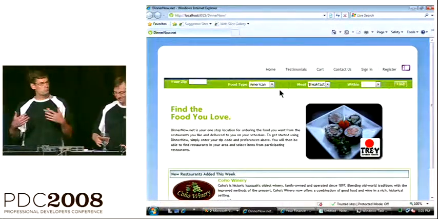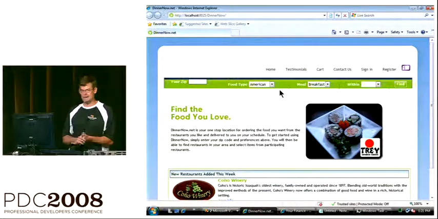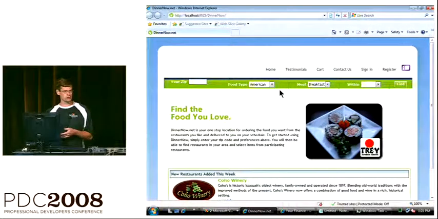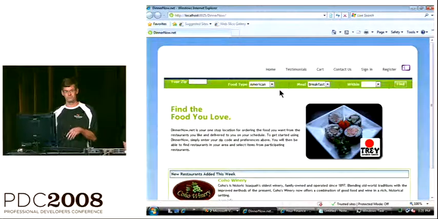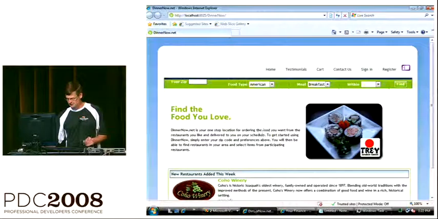OK, so we're here ready to put our latest bits into production, and I'm doing some last-minute load testing on the Dinner Now application. If you went to Cameron Skinner's talk, you saw this application, and it enables you to search for food and place an order and have it delivered to you. So I'm running this load test, and